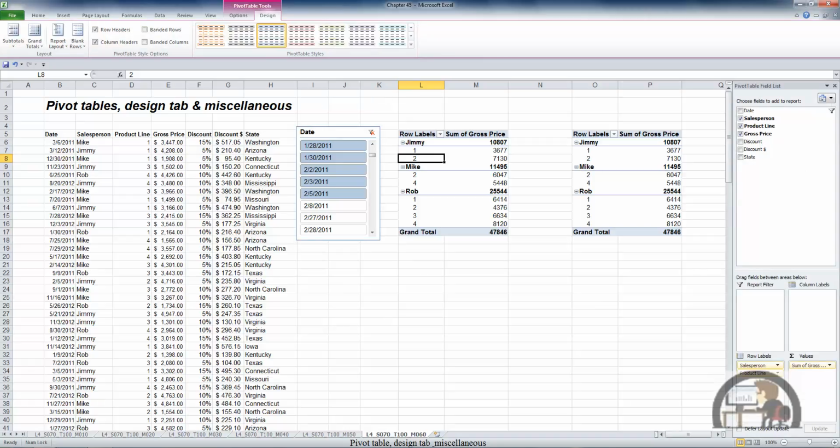We looked at the layout group in the design tab that gave us options to control subtotals, grand totals. We could control the report layout, and we could also insert a blank row in between each of the items. The design tab also gave us some options as to the display of the headers and the columns, and we have a pivot table styles gallery that gives us a lot of preset options as to how we want our pivot table displayed. And we can even create our own custom style and save that and even use that as